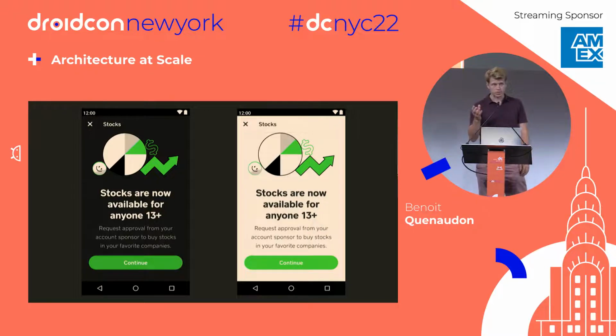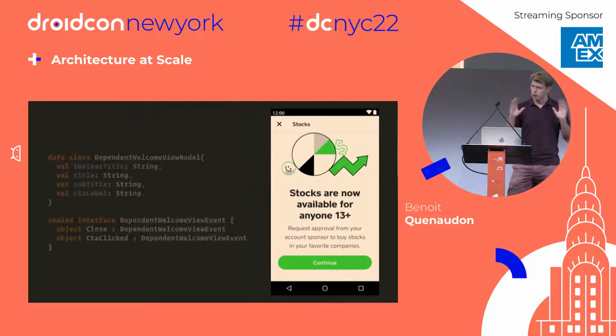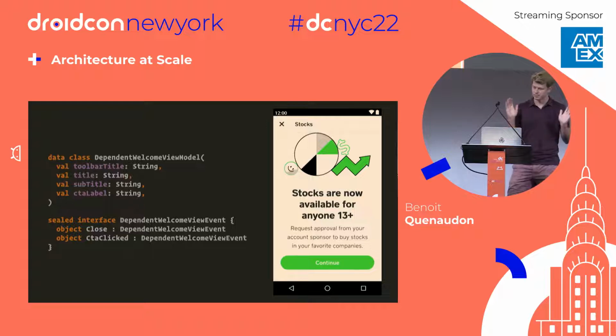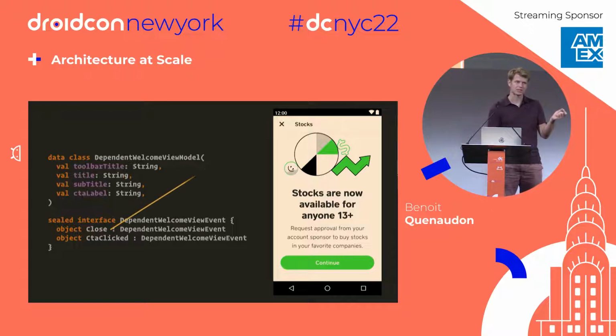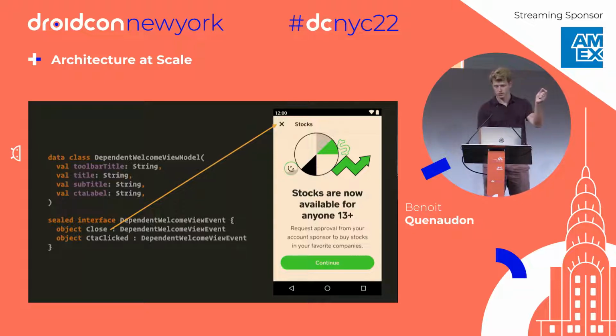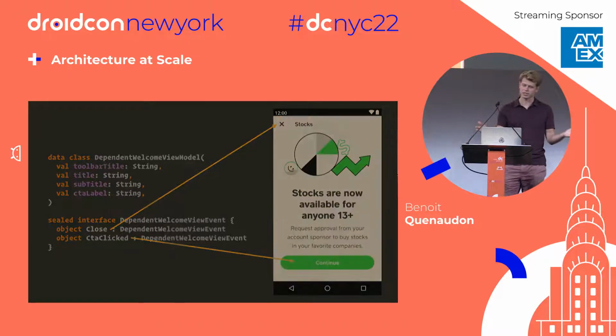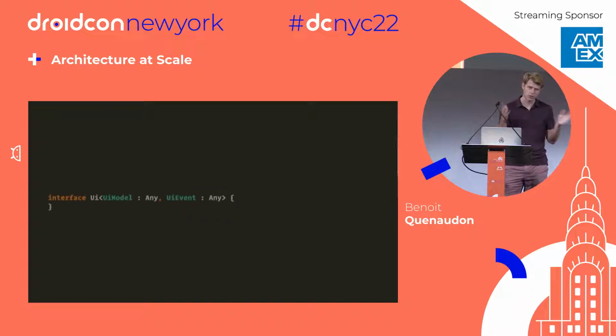So our UI models and UI events are POJOs, businessless, and there's nothing fancy about them, really simple. For UI events, it would be just one. It can be a data class if you have payload to pass along with. So the user could click on the close button or the continue button, and have fun. So we have a UI concept, which is defined by the UI model it consumes and the UI event it can emit.